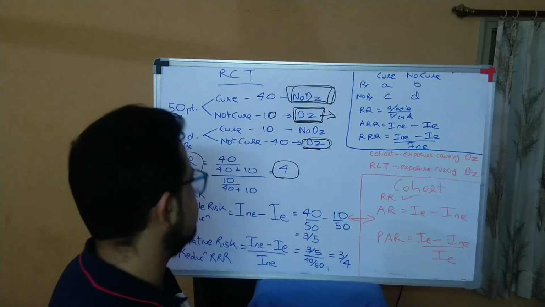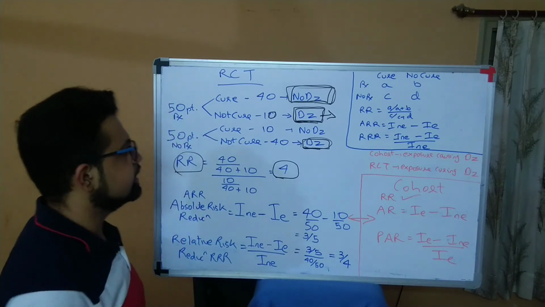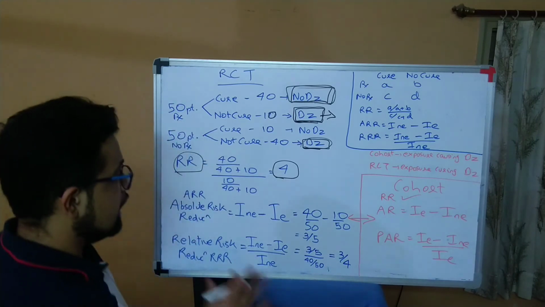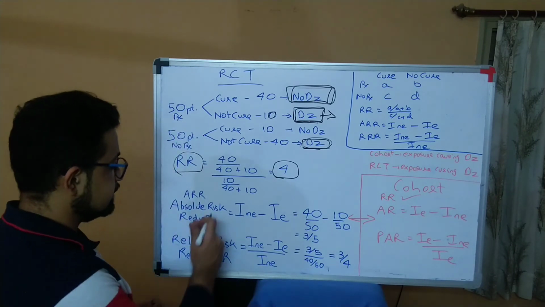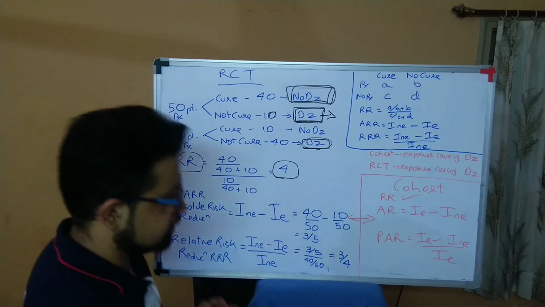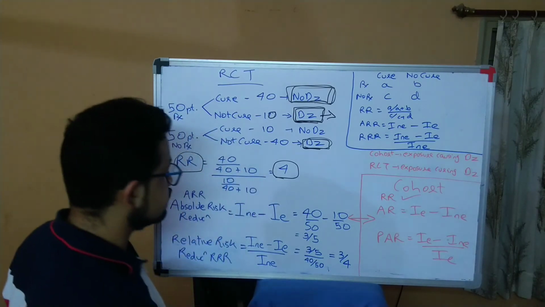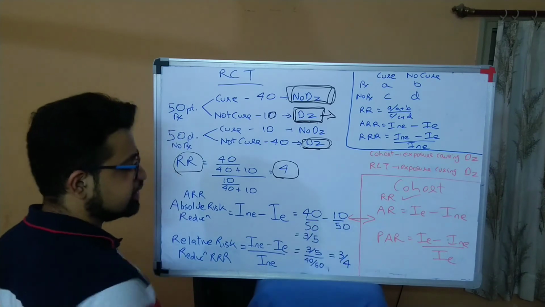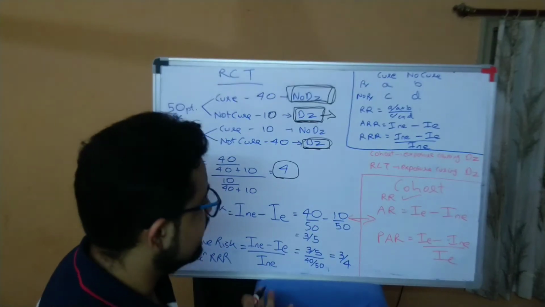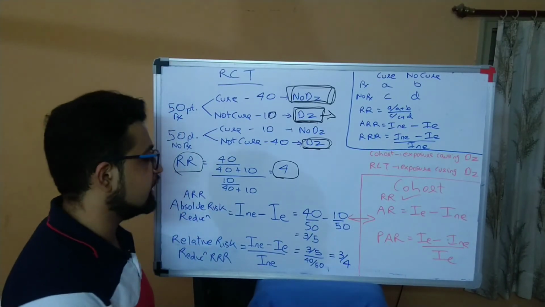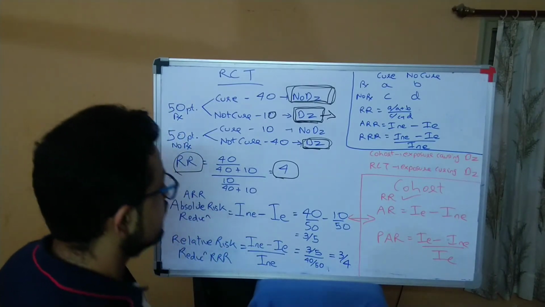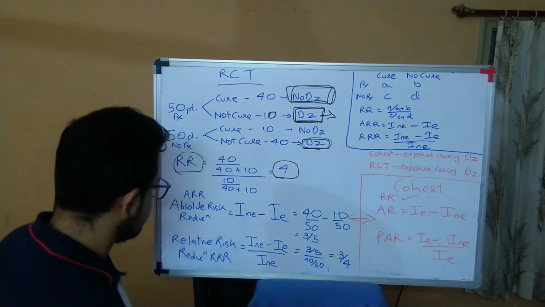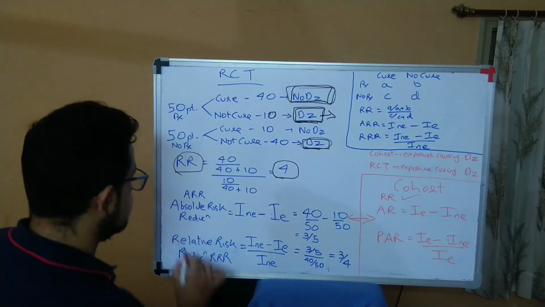So it is 4 times as effective. That's what you can say. In curing, this is very common and very easy to understand. Now the problem lies in these two terms. The basic problem is we always confuse it with cohort, and you don't understand the difference. It is very confusing in the exam. So let us clear the confusion right away. Why is the difference in formula? What actually is the basic concept? What actually is the crux of this? So, absolute risk reduction.